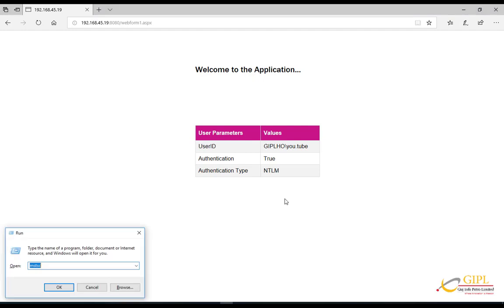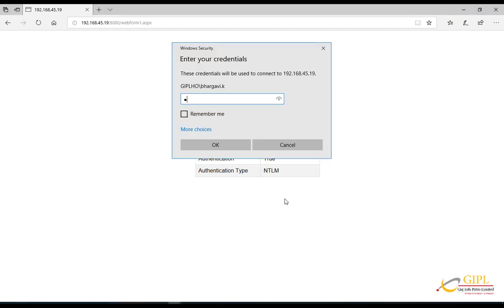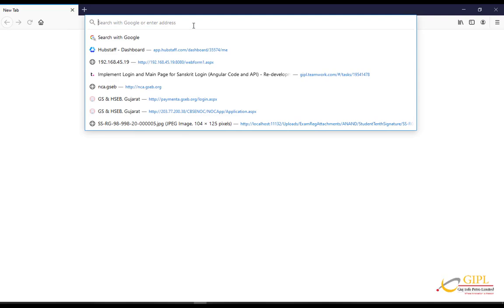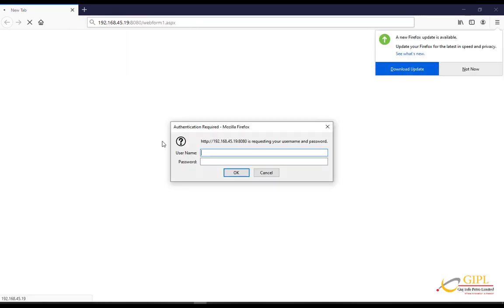Now let's check this with another computer. Let's connect to the website. Here also we will get a prompt for user credentials. Here we will enter the credentials of this computer.